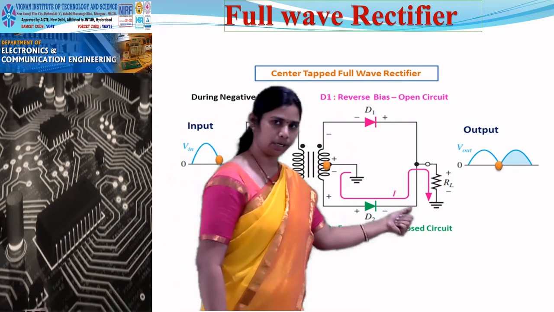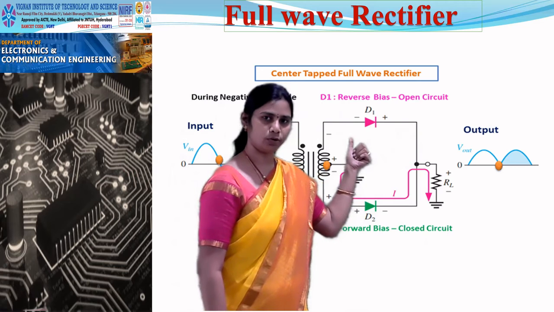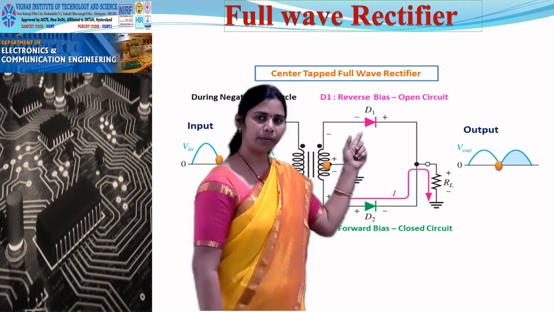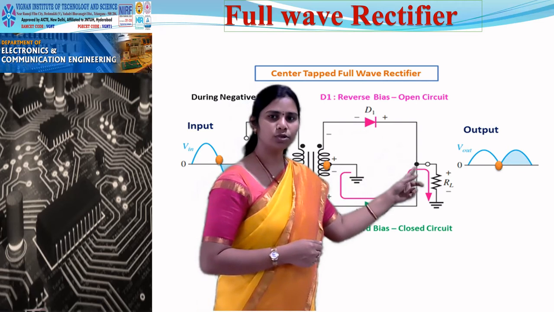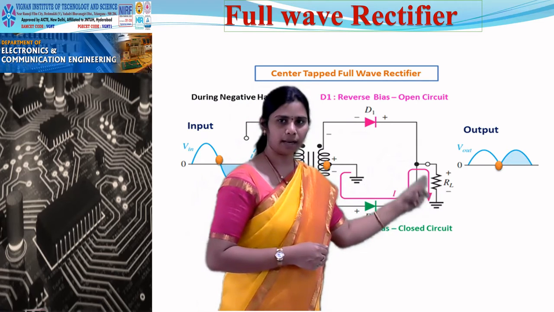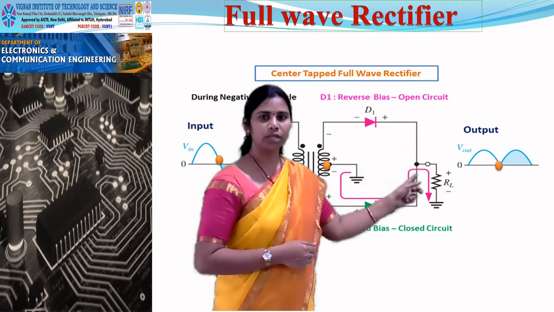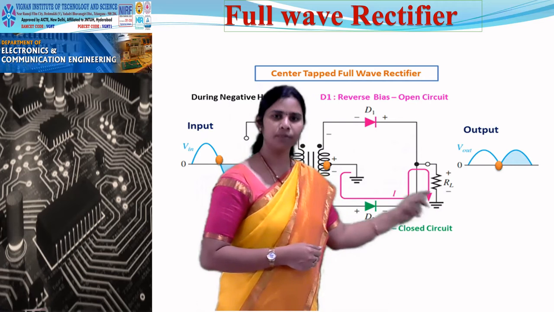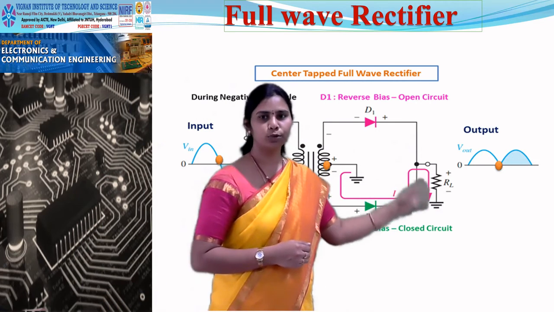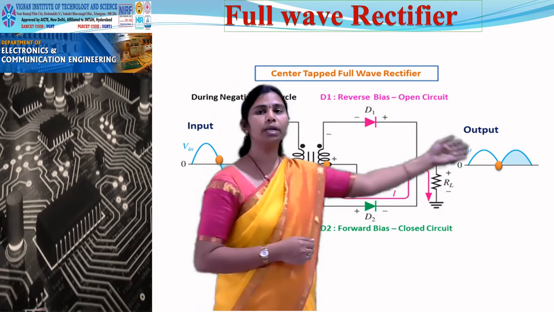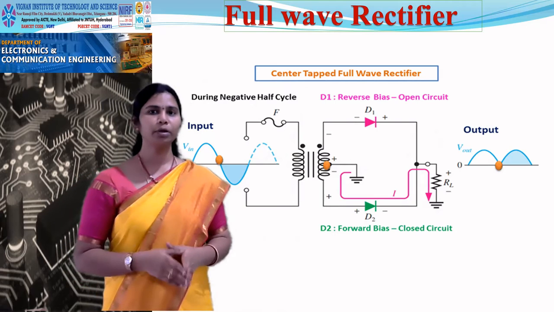pass through diode D2 to this node, but it can't travel through to this node because this is already open as the diode is in the off state. So at this node, it will go through load resistor RL because this branch is open as the diode is off. So the current flows through load resistor. So for the negative half cycle too, you see a flow of current through the load resistor. So definitely you will get the output voltage. So for the negative half cycle also, you are able to get the output.